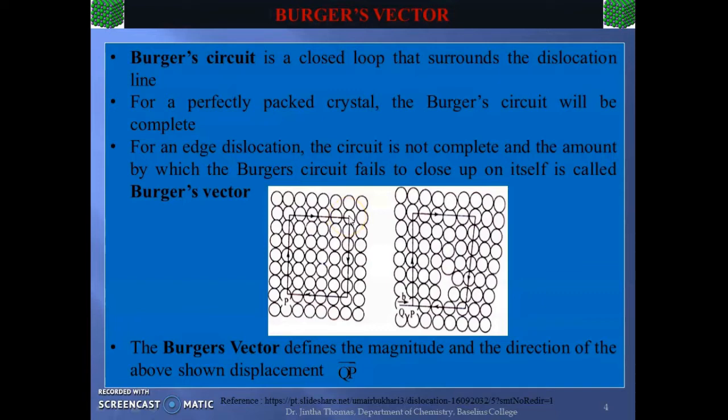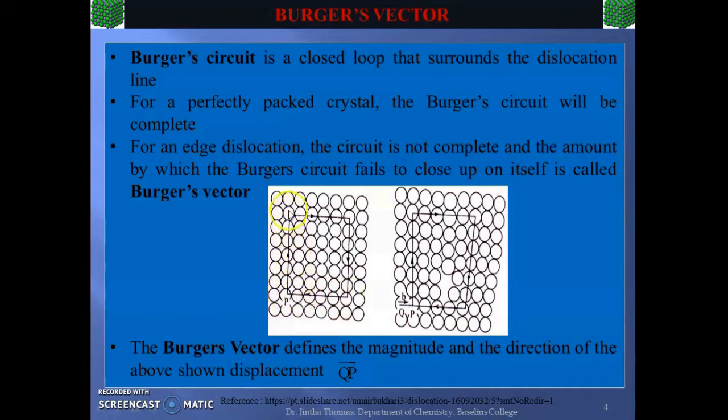Now let us go down again by 6 lattice positions or 6 atom positions. So we have reached this corner. Now to complete this loop, we have to go 5 steps back to the left. Let us see. 1, 2, 3, 4, half and half from here. So when we move 5 steps back, we reach the same point P from where we started our journey.